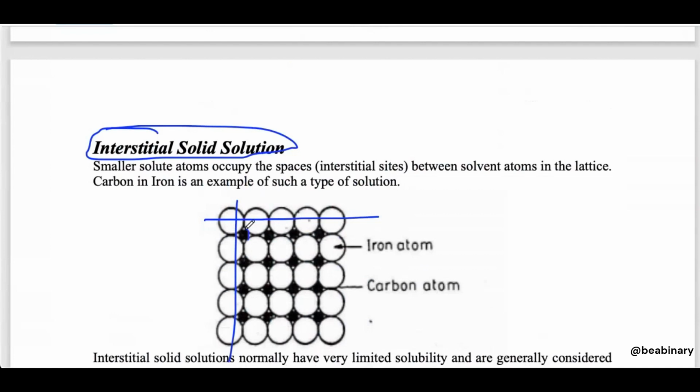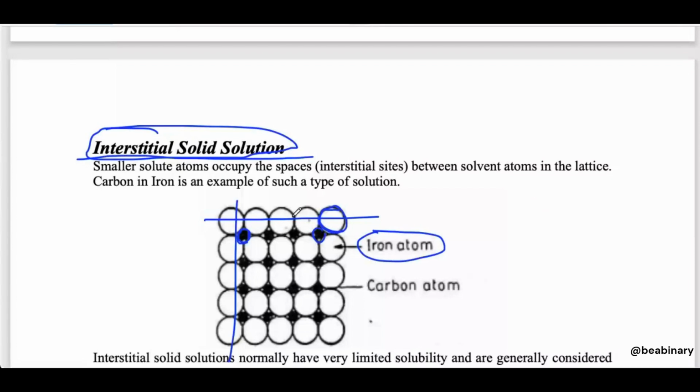Whatever space is present in between the atoms, or you can say the void, that void is going to be filled by the other element. Now think about it: if you have an interstitial solid solution, what does it mean? Does it mean the foreign element atoms have a bigger size? No, because if the parent atoms are kept in an order and there is a void, that void would obviously be smaller than the atoms,